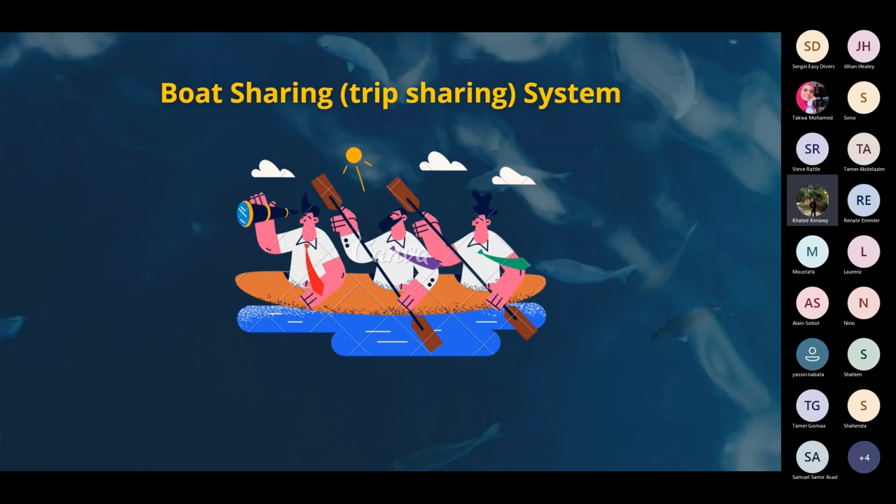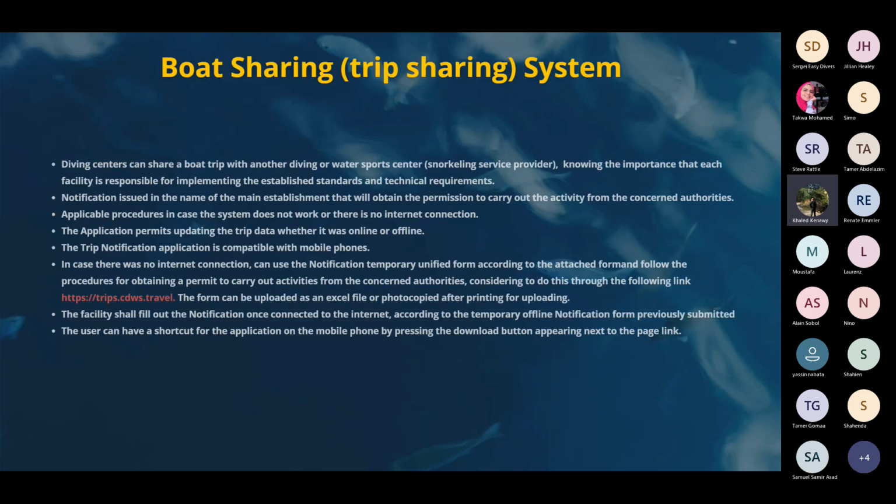Applicable procedures in case the system does not work or there is no internet connection: the form for temporary offline notification. The application permits updating the trip data, whether online or offline. The trip notification application is compatible with mobile phones. The facility, in case there is no internet connection, can use the temporary unified notification form according to the attached form. It must be written on the computer and not manually, please,